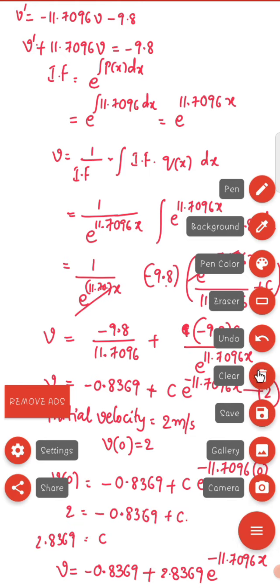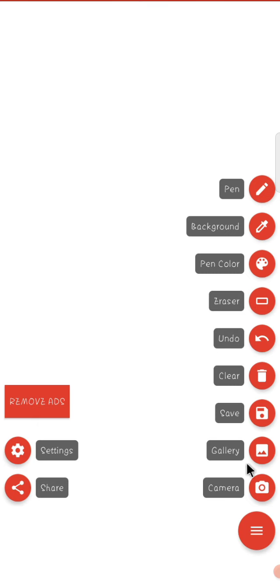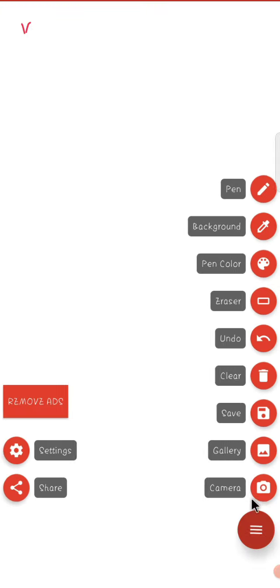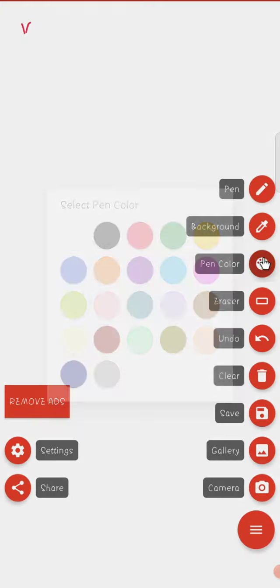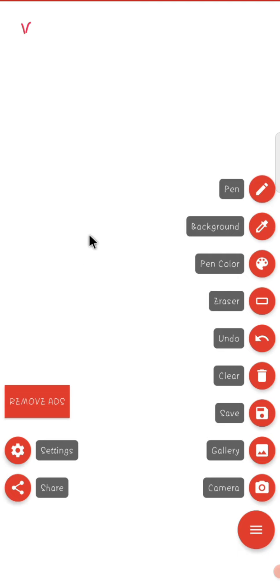Okay, now we clear the board. Okay, what do we got? The solution, we got the velocity of the ball. Yeah, let's take the blue. The velocity of the ball